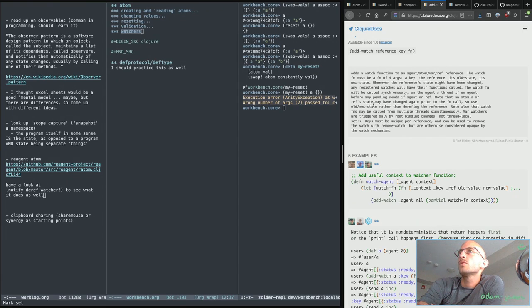An atom or ref state may have changed again, so use old or new state rather than dereferencing the reference. Note that watch functions may be called from multiple threads simultaneously. Var watchers are triggered only by root binding changes, not thread local sets. Keys must be unique per reference and can be used to remove the watch with remove watch, but are otherwise considered opaque. Okay, so the key